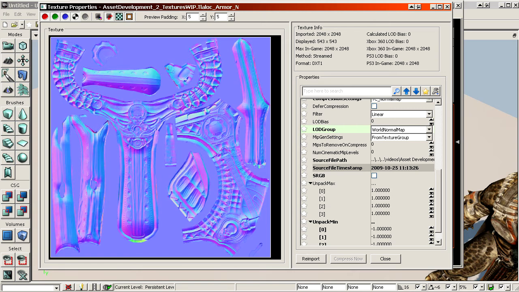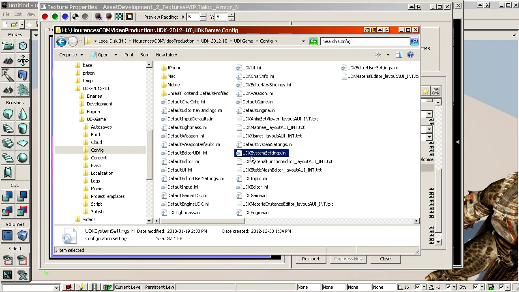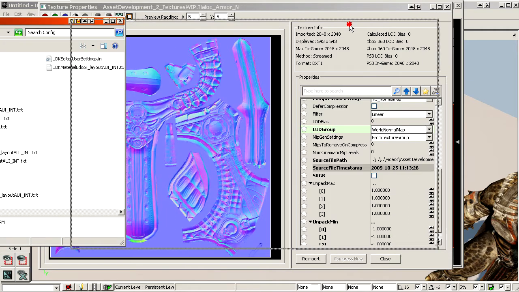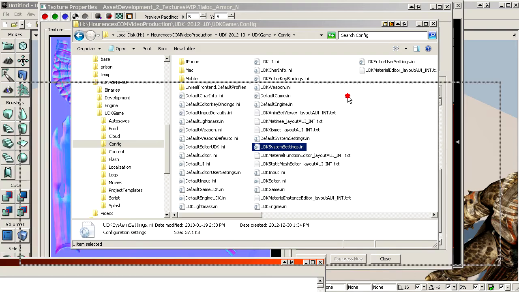This classification can also be found in the ini file. So here is the install directory of UDK, UDK game config. Now there is a UDKSystemSettings.ini here, and related to that there is going to be a default system settings file somewhere. I can't see it right now, but alright. These two also control the LODs. They are called LOD groups. So those LOD groups are controlled by the ini file. If you open one of them up in Notepad,